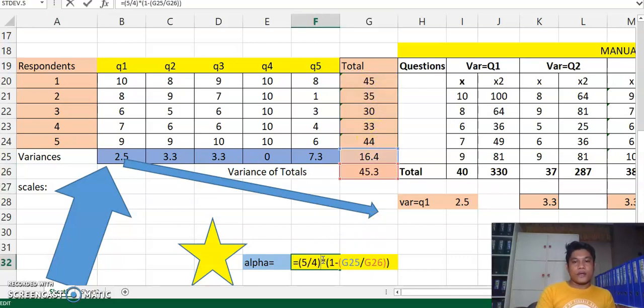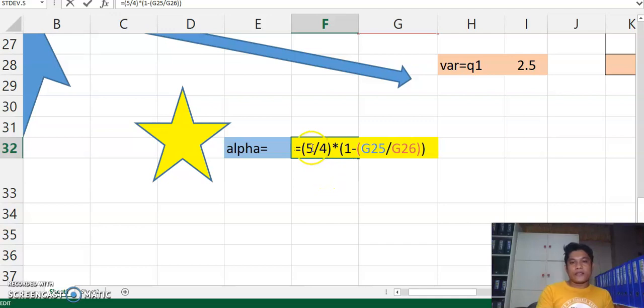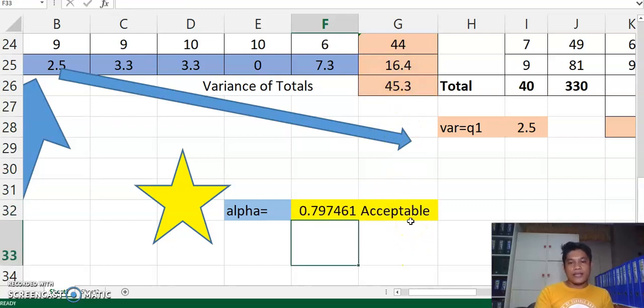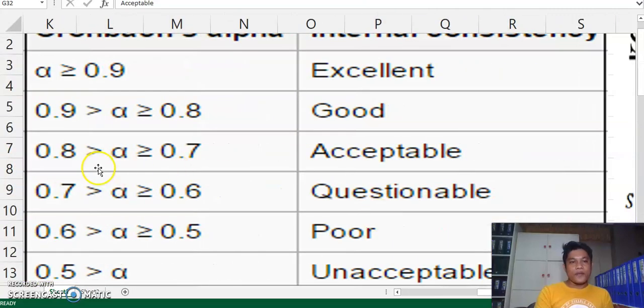If you look now, I can show you that the formula should be put in parentheses in order for the mathematical operations to perform correctly. So 5 because there are only 5 questions, over 4 because it's n minus 1, times 1 minus the sum. A while ago, our sum is 16.4 over 45.3, which is the variance of the total. You put that in the formula, and the answer is 0.79. And 0.79 is acceptable because it belongs to the scale that is greater than 0.7 and less than 0.8, and it's acceptable. So meaning you are